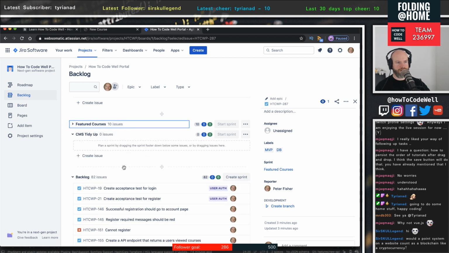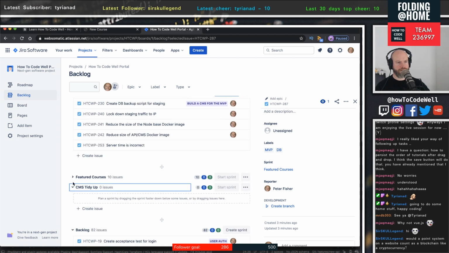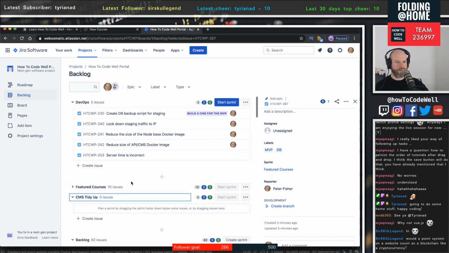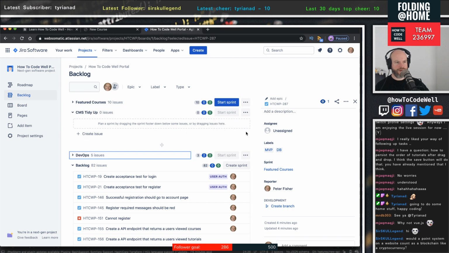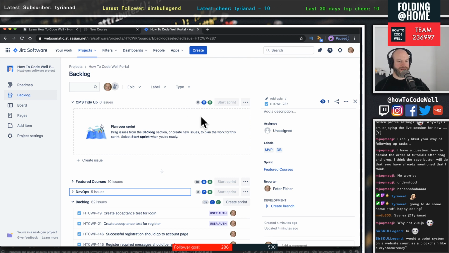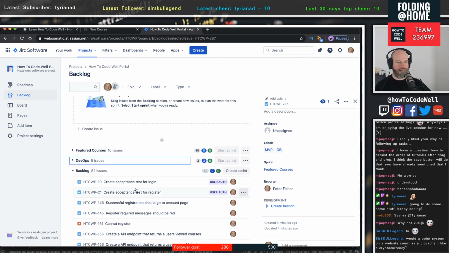So I'm going to just reduce that down. I'm going to push this. Can I bring this up to the top? There we go. Can I do that? Is that possible? Apparently not. I thought there was a way I could do that. Because I don't want to start this sprint first. Can I bring that down? Move sprint down. Oh, apparently I have to do this by clicking on the buttons rather than dragging the thing. That's annoying. Move sprint up. There we go. So this is our sprint that we're going to do, the CMS tidy up,